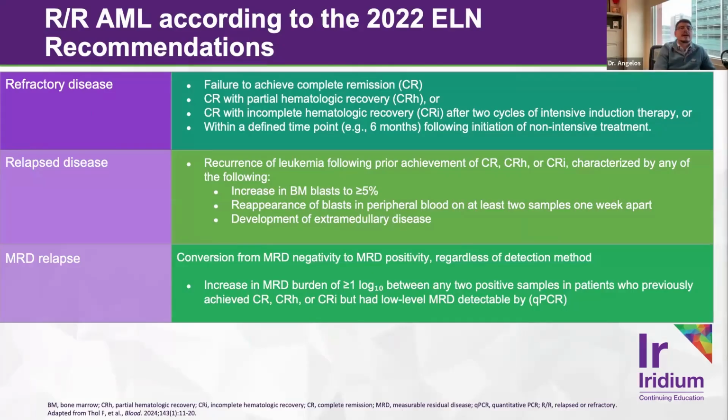All right, so moving here into relapsed refractory AML. Again, these are classifiers that are based upon the 2022 ELN definitions. This comes out of a manuscript that was published by Dr. Donner in Blood, and so this is easily accessible and is something we quite often use for clinical trial purposes to determine what depth of remission patients are in, and also whether or not patients have refractory disease, which is a failure to achieve a complete remission, or if they have relapsed disease, which is disease that comes back after a patient has had documented evidence of some type of CR.